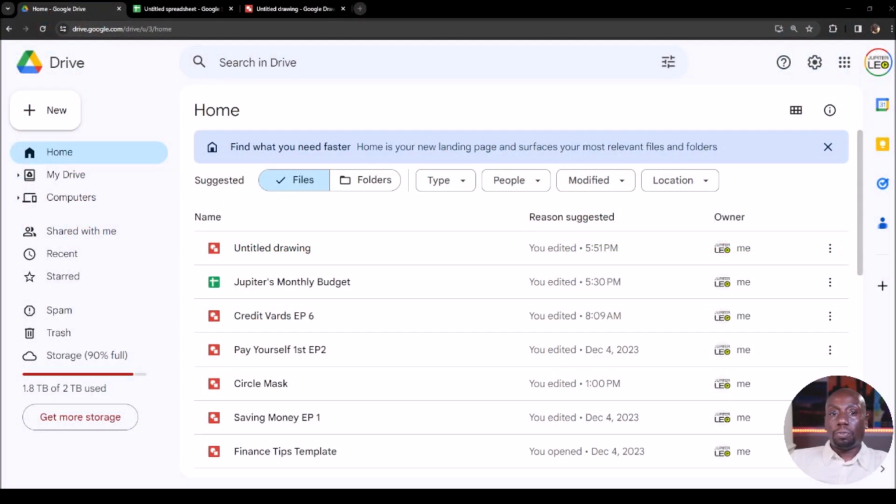Okay, so first we're starting off in Google Drive. So one of the requirements for this tutorial is for you to have a Gmail account. So if you don't have a Gmail account, you want to go to gmail.com, set up an account, get all that situated, and then log into your Gmail account, and